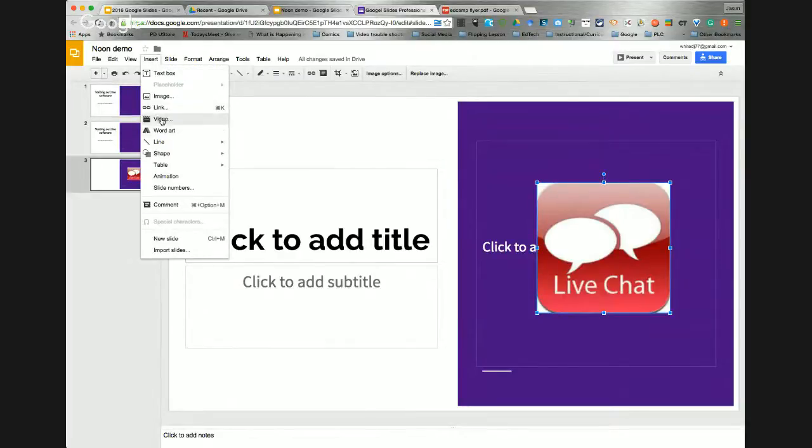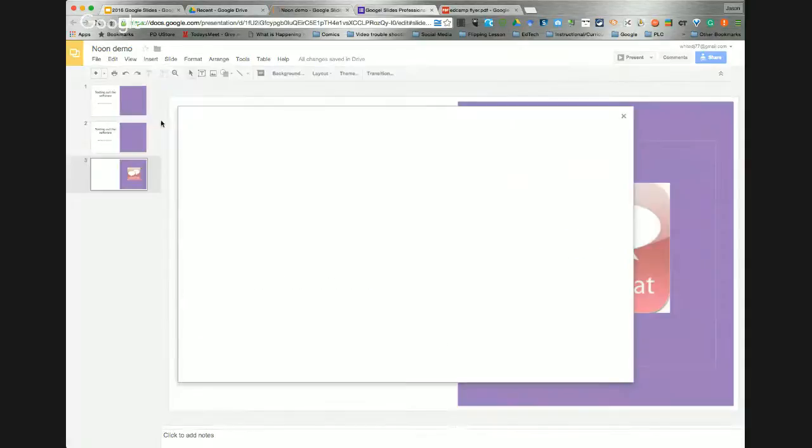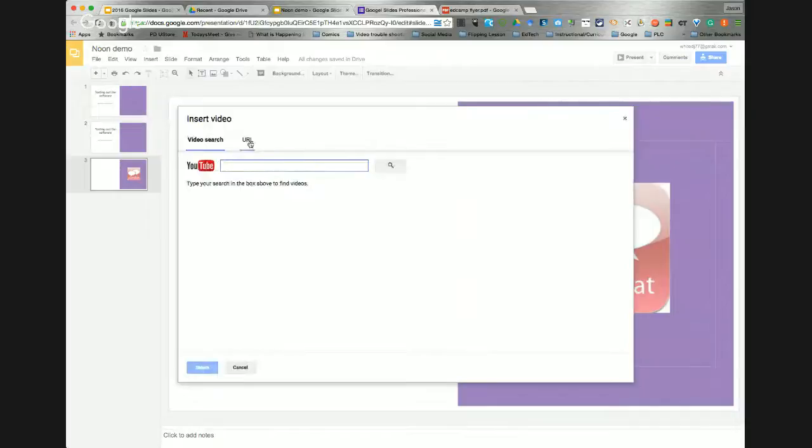You've got your video link, and a video link would give you directly a YouTube video. If I click here, it's going to ask you for your YouTube link or URL. So it has to be something that's already on the web. You're not actually taking a video file. That is one of the limitations. With a PowerPoint, you can actually put in a video file, but here it has to be like a YouTube video. So if you had a link for a YouTube video,